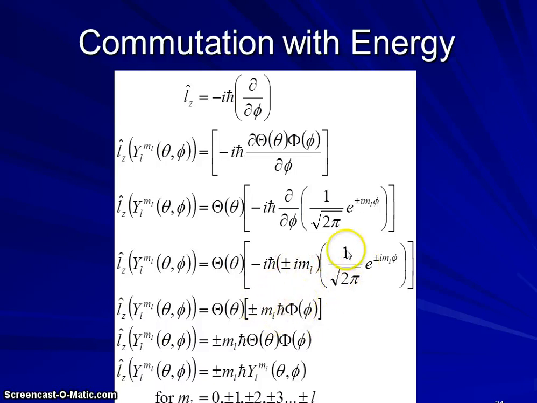And so we take that original function, substitute it back in here, multiply this out, and now we have angular momentum applied to our full wave function is plus or minus m sub L times h times the original wave function. So we have shown here mathematically that the angular momentum operator about the z-axis has our wave function as an eigenfunction, which means around the z-axis is going to commute with energy